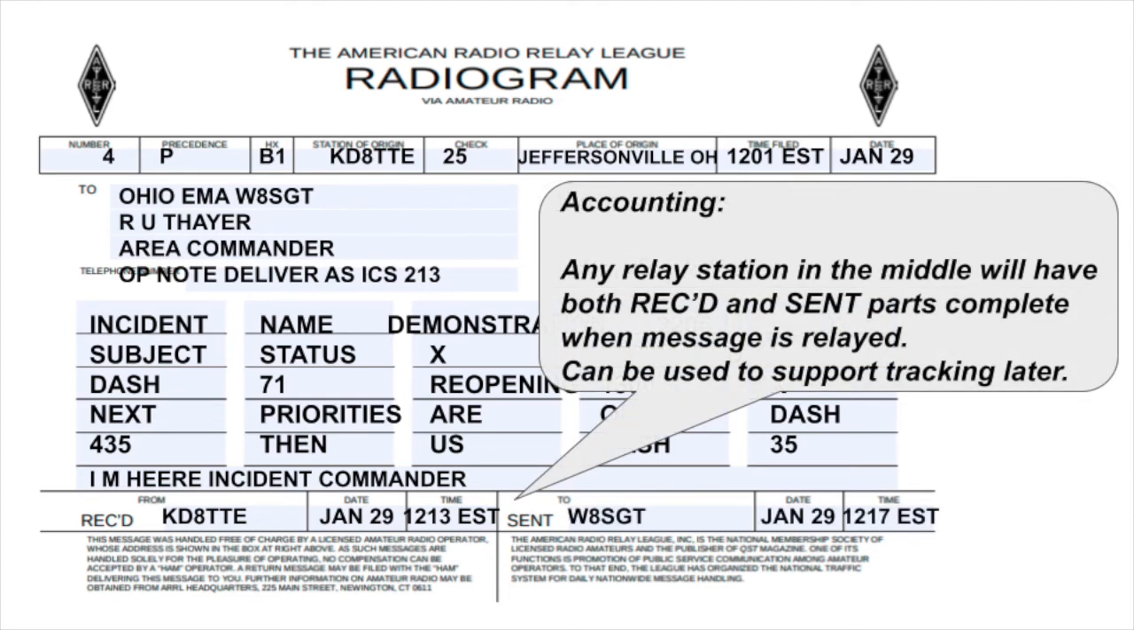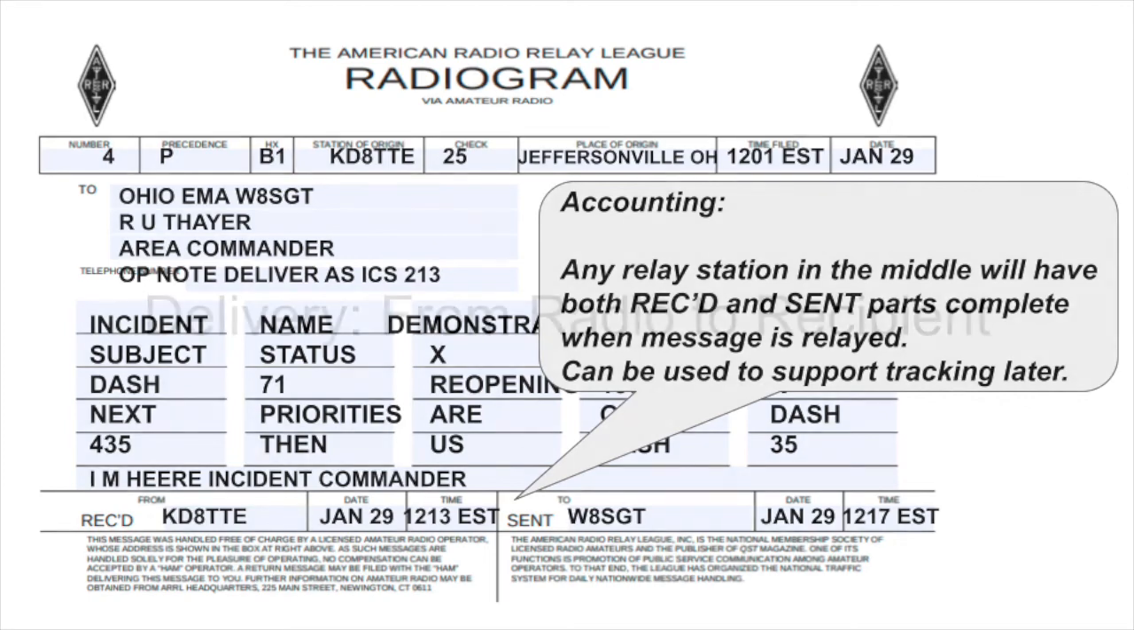In this case, we're looking at a radiogram record created at station W8OMR, which received the message from KD8TTE at 1213, and then transmitted to W8SGT at 1217. The originating station will have only the sent part filled, and the receiving station will have only the received part completed. Relay stations need both to receive and then to transmit, so they will have both received and sent portions